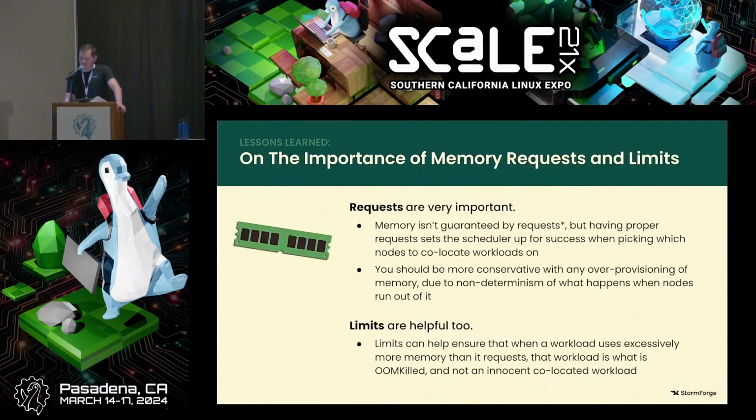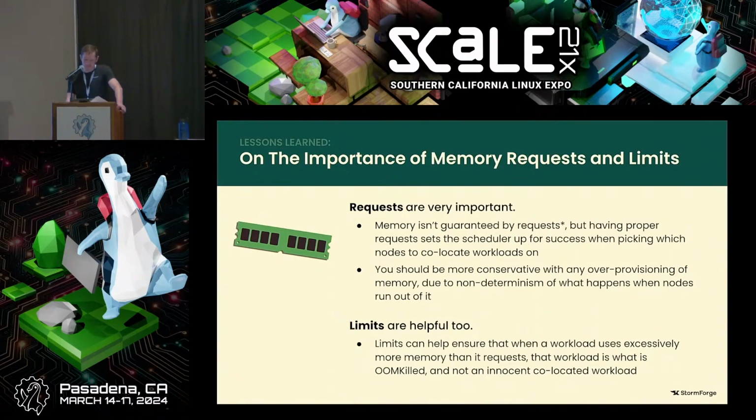All right. So the last summary before we talk about the last piece, just to wrap it up. Great, we learned something about requests and limits, but what do we do with that? Memory requests are also very important. Memory isn't guaranteed by request. One of the things I didn't emphasize in that lab test: everything was within its requested memory. Nothing was exceeding its request, but we still got killed. There are some things you can do to configure kubelet so that's less of a possibility, but requests don't guarantee